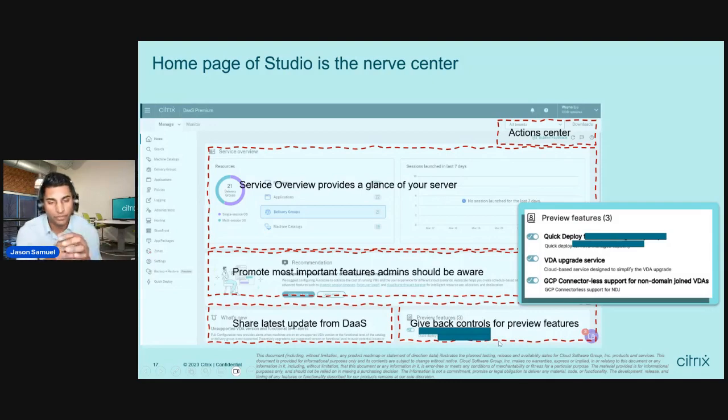Preview features are things that are coming, things that we want you to test, like a public tech preview, sometimes maybe even a private tech preview. We want to enable these features for you, whether it's in your production environment for a public tech preview, or maybe you have a staging environment where you want to use a private tech preview. We'll display those to you, and you can go ahead and enable or disable them yourself here. It used to be that we'd have to enable them on the back end, but we want to give you the capability to turn them on and off right here.